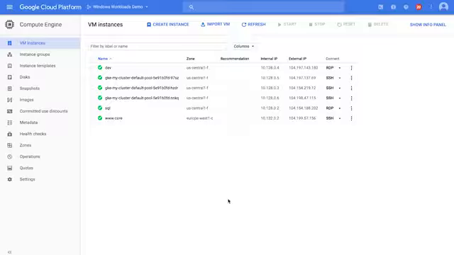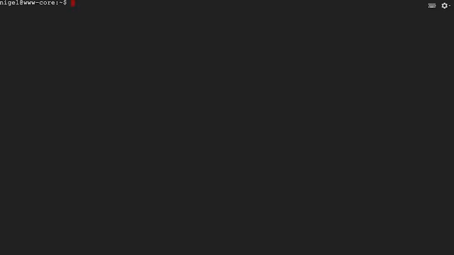We've already created the virtual machines that we'll need to build our application. As we've seen previously, we've got a Microsoft SQL Server machine that's hosting the application's database. However, this time we've provisioned a Linux VM on Compute Engine to run our application. This is called WW Core. We can do this because .NET Core supports Linux as well as Windows Server. I've already connected to this machine using SSH.